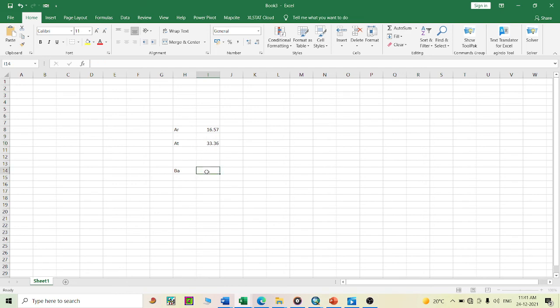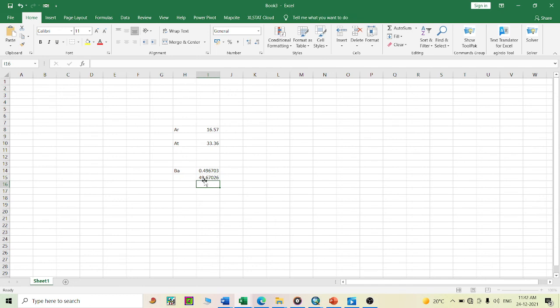Now the basin asymmetry index is equal to AR divided by AT, and just press enter, and it is showing a fraction. For a round number, you multiply it by 100, and the final result is showing that the basin